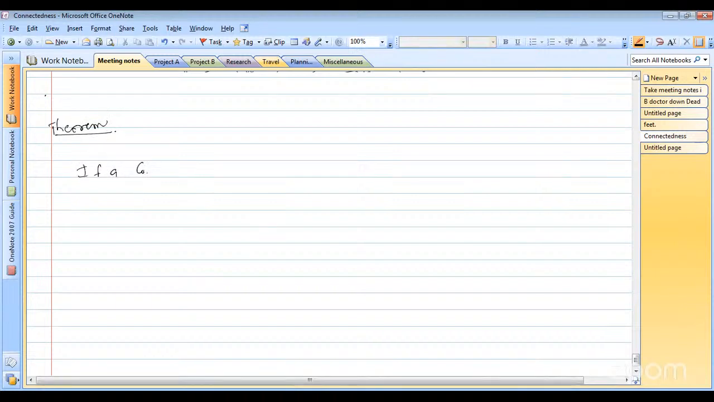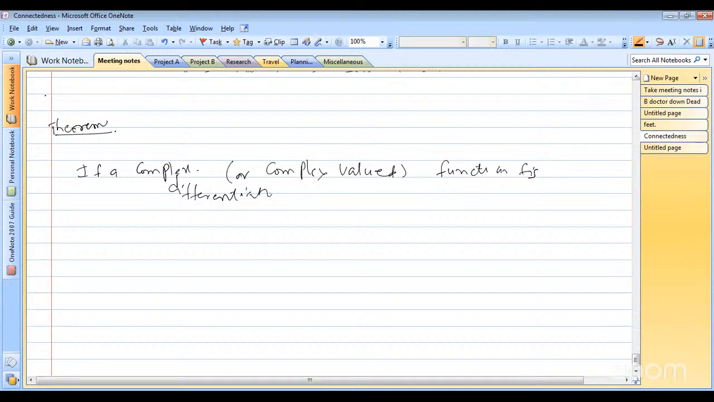A complex value function. It is differentiable. If it is differentiable at a, then there is a complex function such that